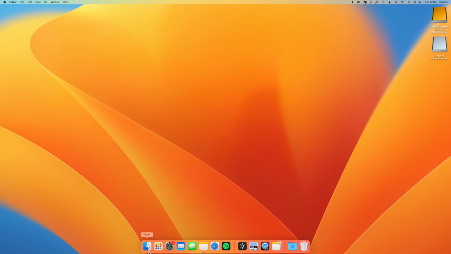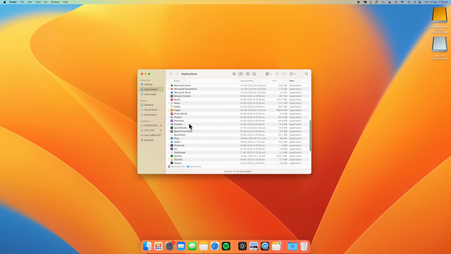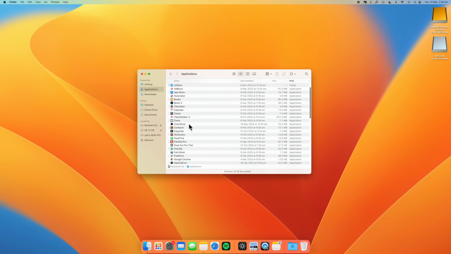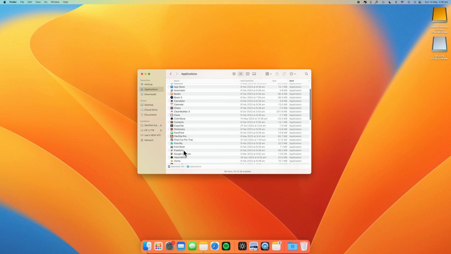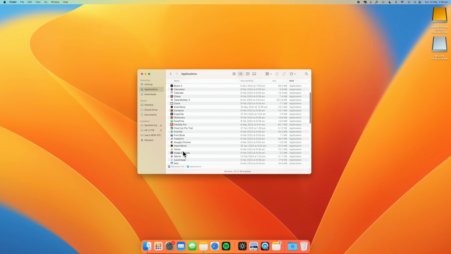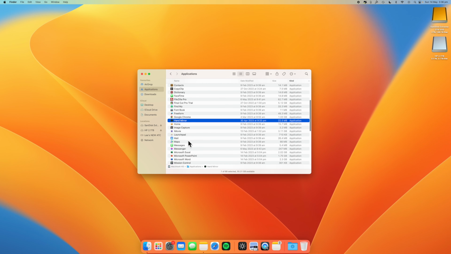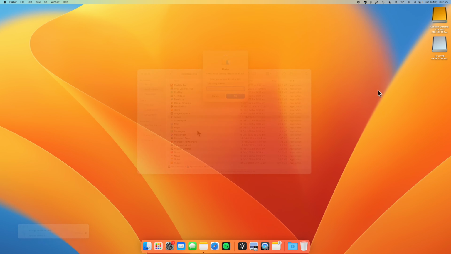If we go back to the Finder and select Applications, we can remove apps directly by placing them into the trash can. In Windows, it's very different as you have a dedicated uninstaller. This is a much simpler way of getting rid of apps you don't want or use. Default apps such as Mail, Notes, etc. can't be removed as they are the core of macOS.